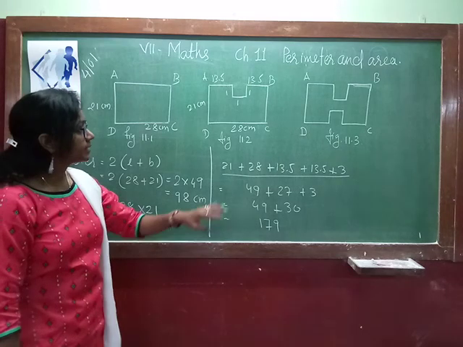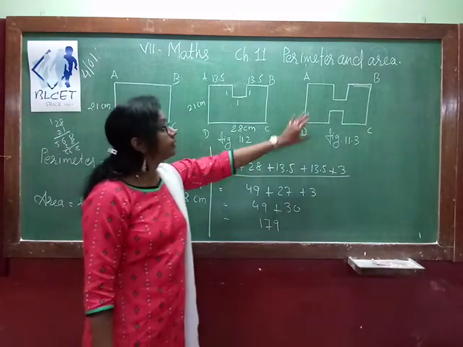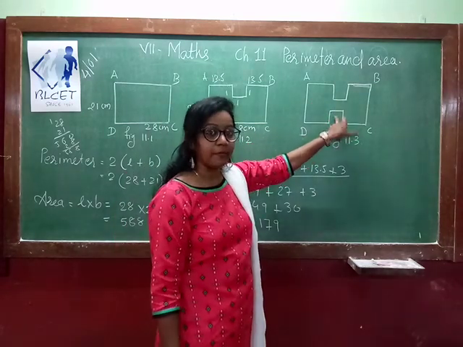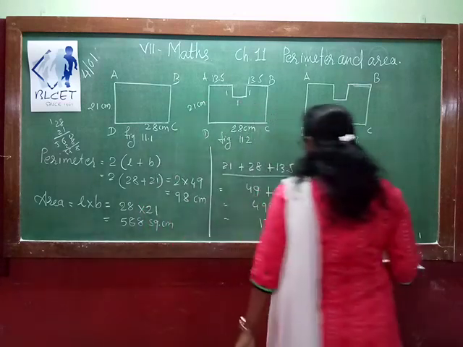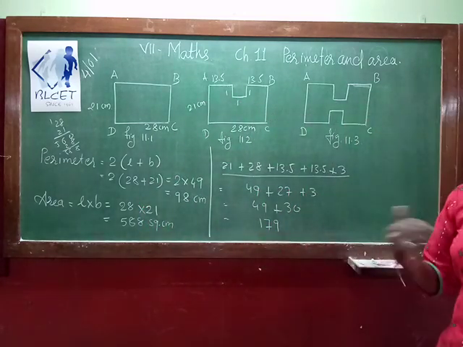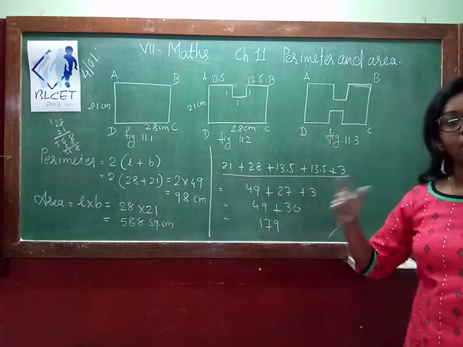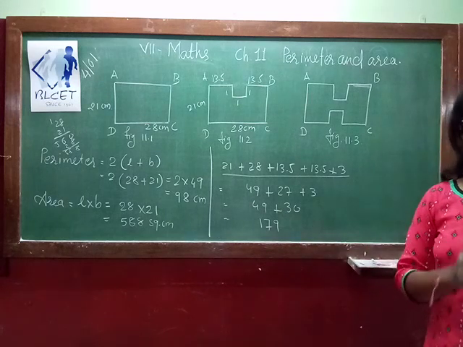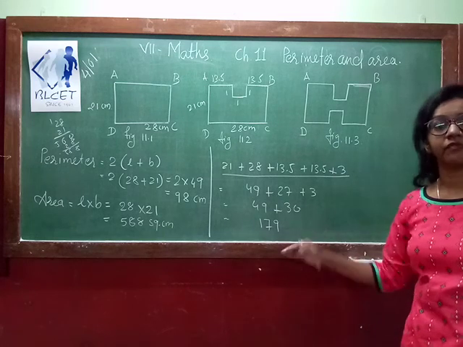Move on to the next. On the basis of this, you can consider that if you remove these two square segments, the perimeter will increase but area will reduce. So this is all about how you can judge these three diagrams. When you cut the portion, obviously perimeter will increase but area will reduce. So this is all about these three diagrams and what you can infer from that.